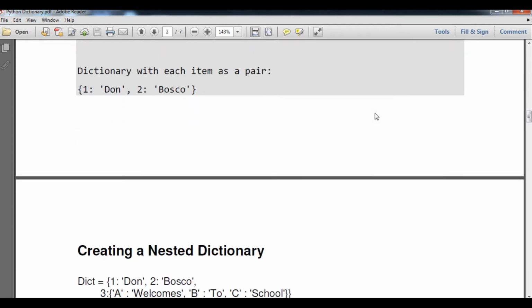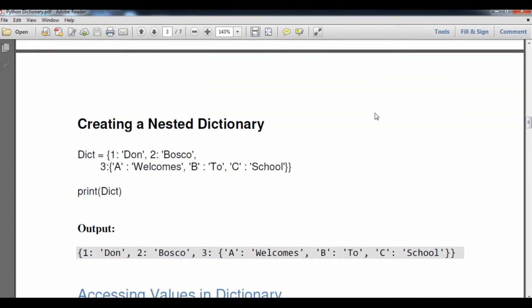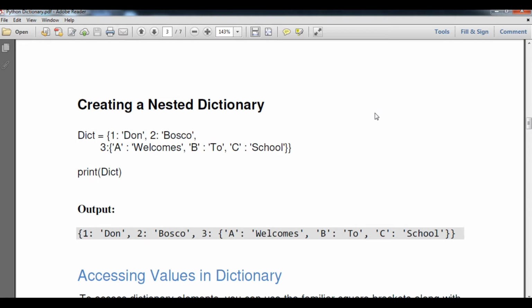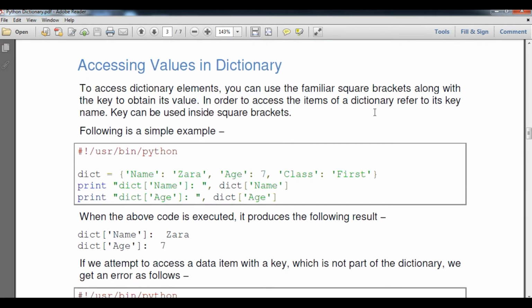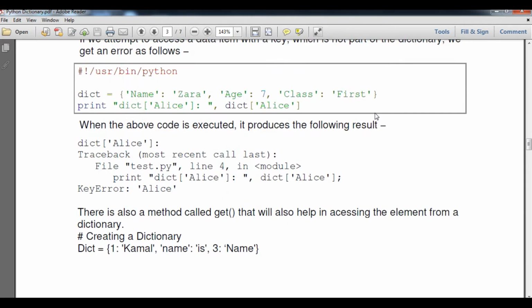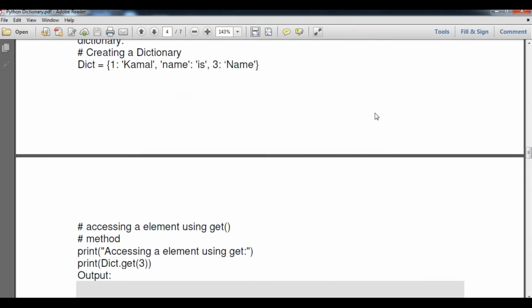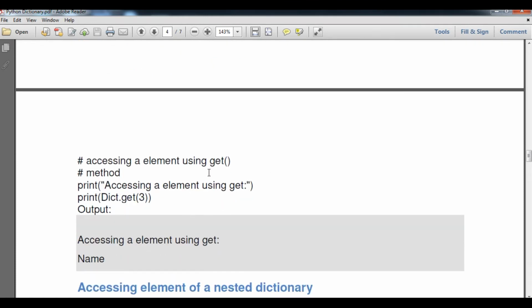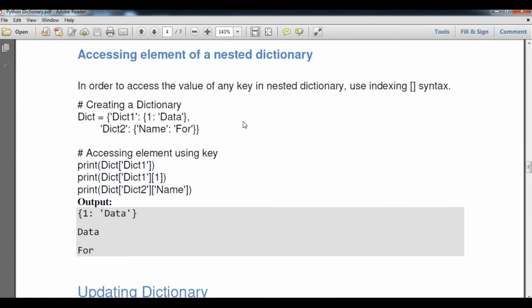Then we understood creating nested dictionaries, in which we accessed the element by using the key in place of an index value. And we also got the output with the help of the get function.